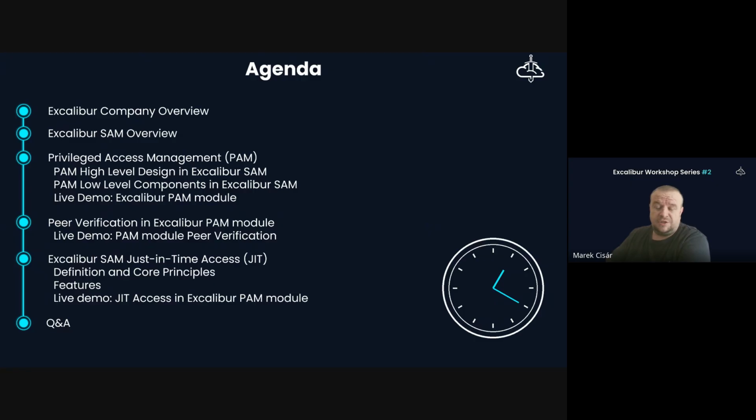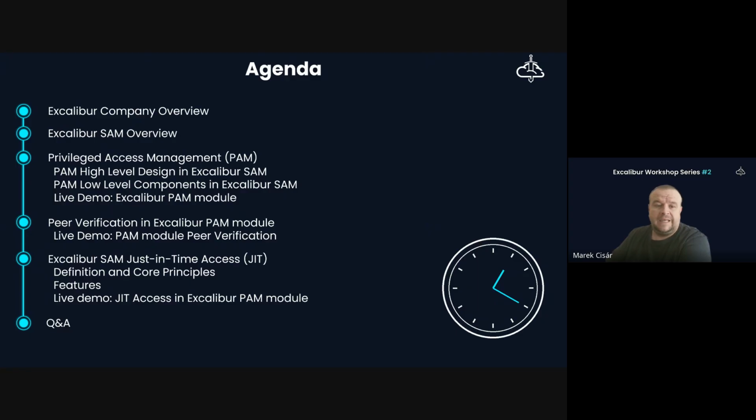What is the definition? What are the concepts? Then we will move on to see some high-level design in Excalibur SAM. Then we will also talk a little bit about the low-level components in Excalibur SAM regarding the PAM module, and then I will